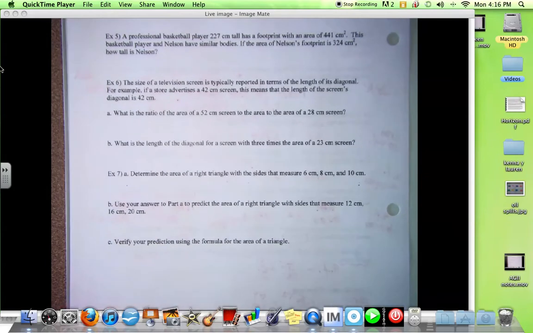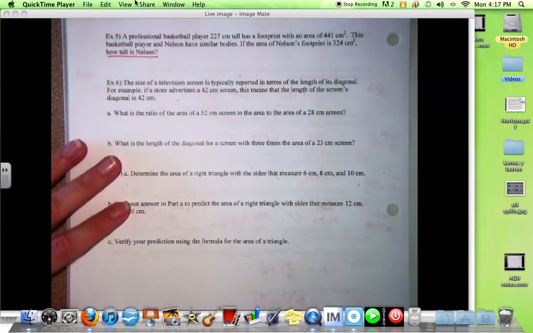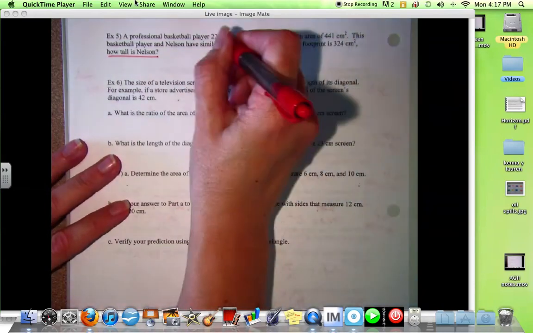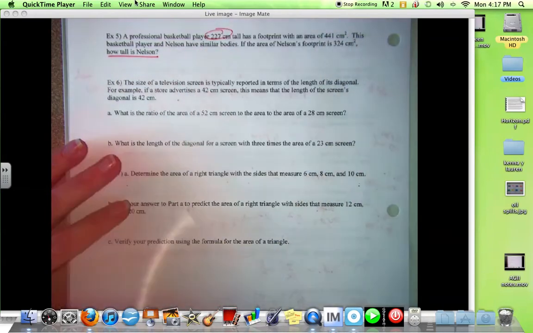A professional basketball player, 227 centimeters tall, has a footprint with an area of 441 centimeters squared. This basketball player and Nelson have similar bodies. If the area of Nelson's footprint is 324 centimeters squared, how tall is Nelson? So we're looking for the height of Nelson. We know the height of the other basketball player. We know